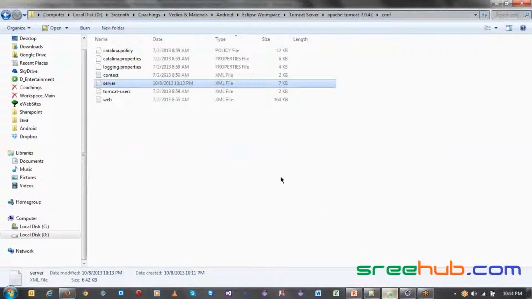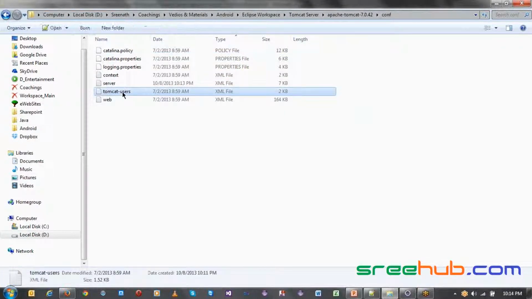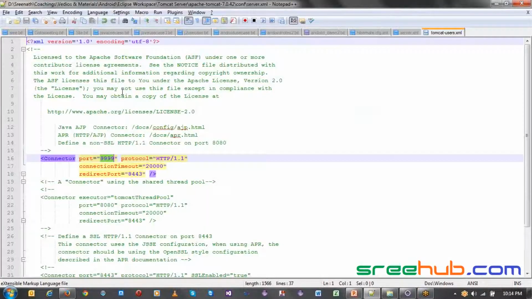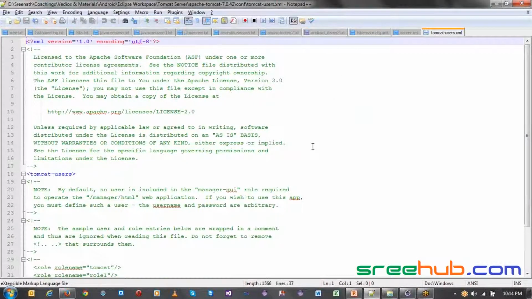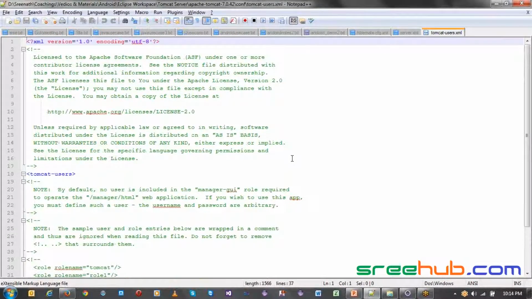Fine. The next one is the Tomcat users. Tomcat users is nothing but a way to create admins. Normally, whenever there is a web server, a few people will be there to admin or monitor the server.